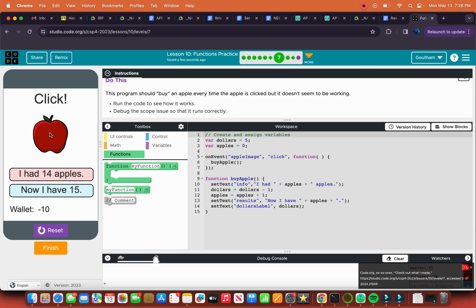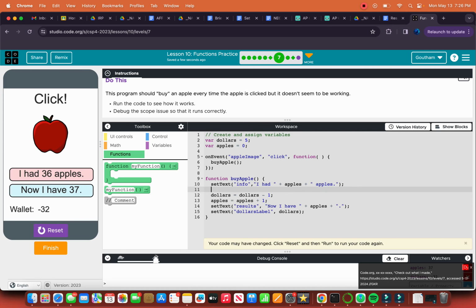And now you can see that it's just going into the negatives. So $5, apple 0, apple image, buy apple. If info I add dollars, so basically you say set text if